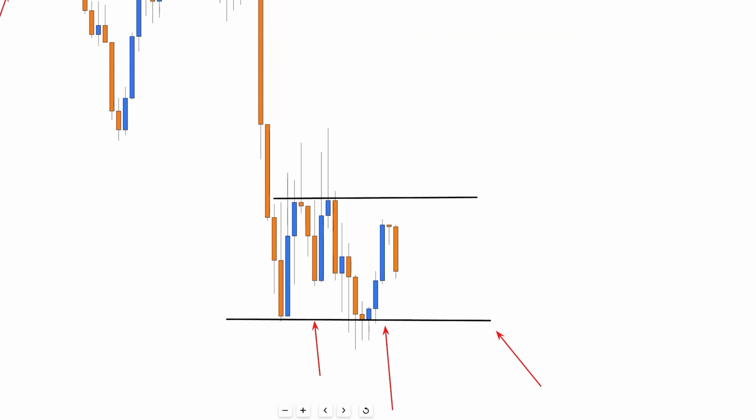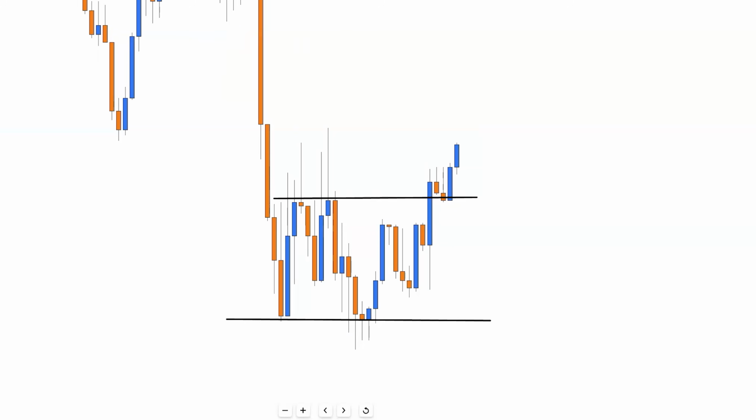Now, is this enough? Well, no. We want to be certain that the market is shifting. So we have to wait patiently for the market to change the behavior by breaking the structural high and then clearly indicating to us that the market is no longer in a downtrend and is now truly shifting into an uptrend. What we see here is price breaking the high of this zone. And this is your moment. The shift in behavior has been